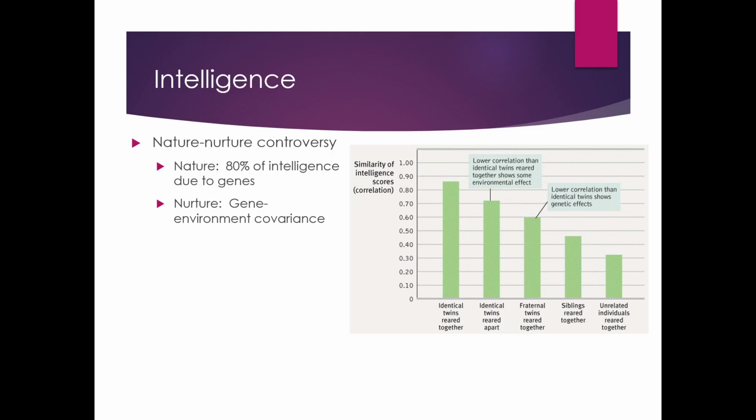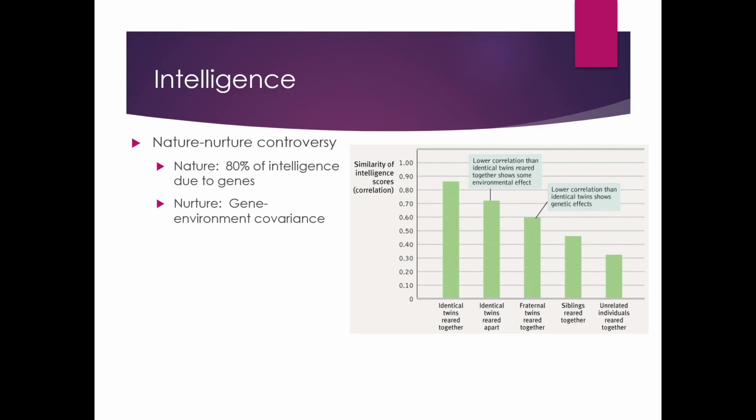So taking out that shared uterine environment, plus I have to comment that fraternal twins are treated much more similarly than regular siblings are. Fraternal twins are more likely, even if one's a boy and one's a girl, to be referred to as the twins and to be dressed similarly and to go to the same kinds of events at the same time, so that they are very similar to each other. And then our final stair step down is when you have unrelated individuals who are raised together.